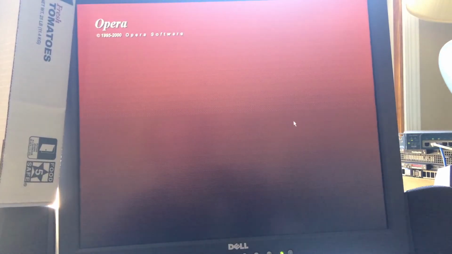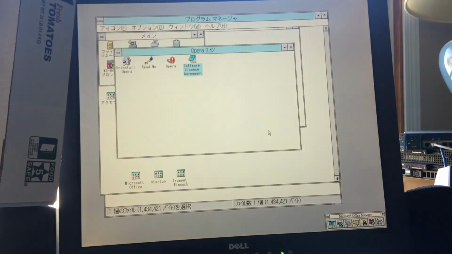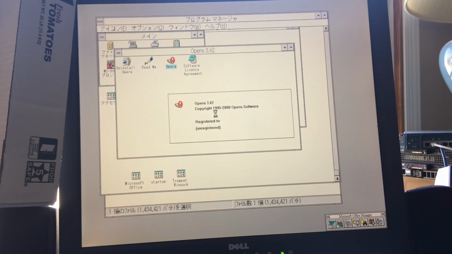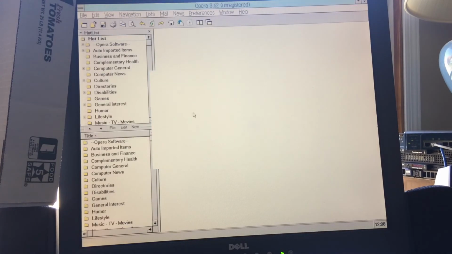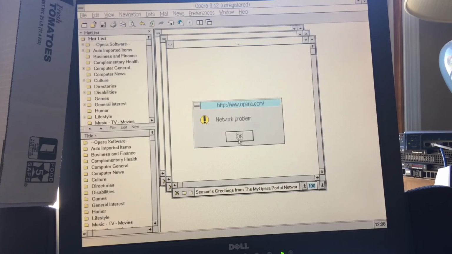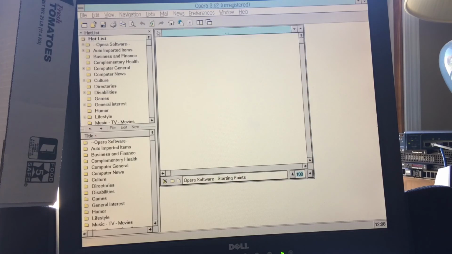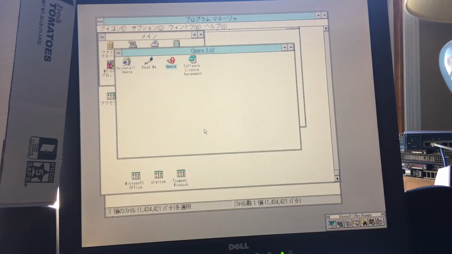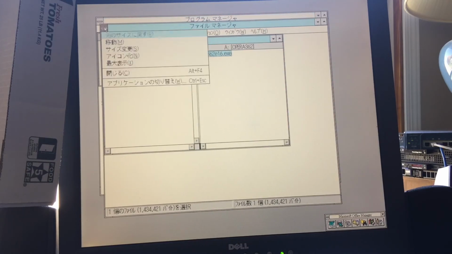Alright, the installation has finished. So now we can open Opera. It has to read from the floppy. Network problem, network problem, network problem. So we can close all this, also close this. Pull disk out. And let me run these disks back up to where they belong, which is right here. Ooh. There we go. Now we can simply reopen Trumpet